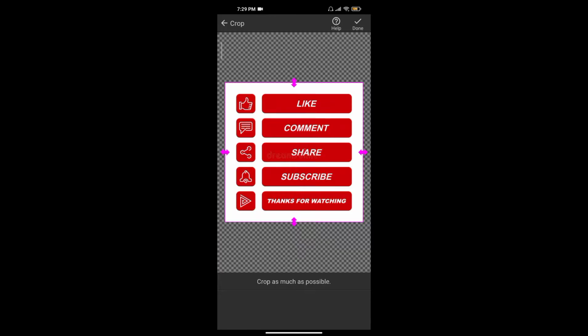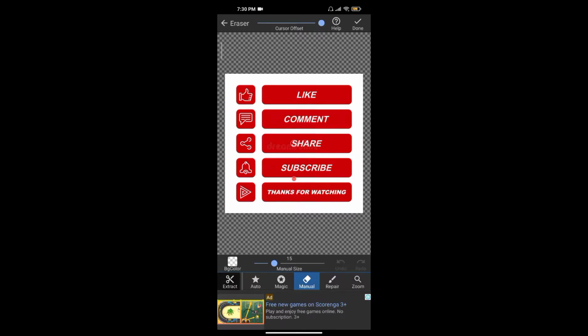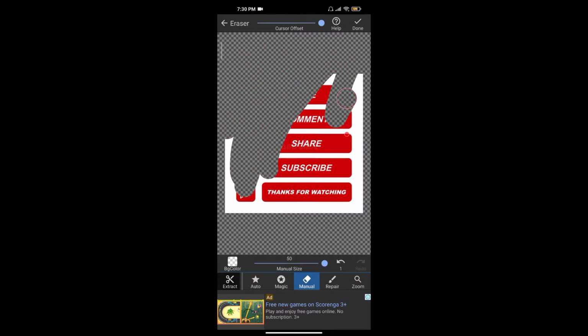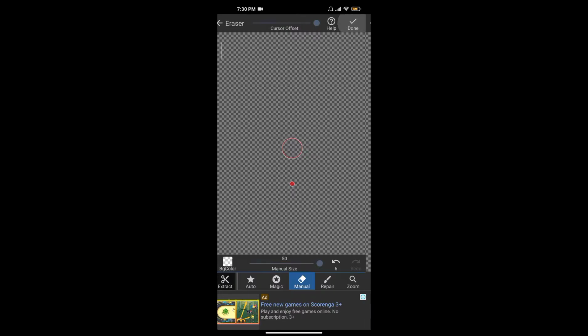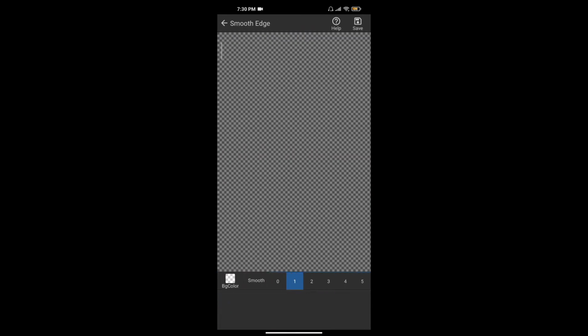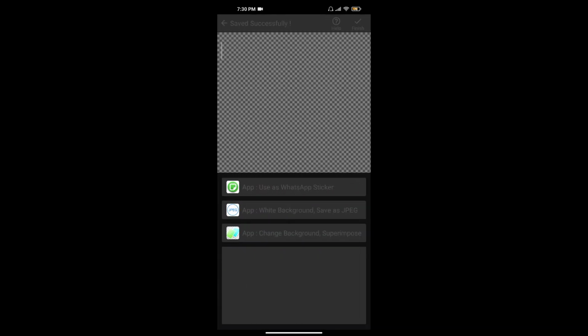Hit the done icon in the top right corner of the screen. Now erase your uploaded image. Now tap done one more time. Click the save icon. After that,